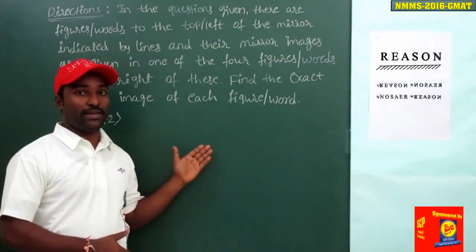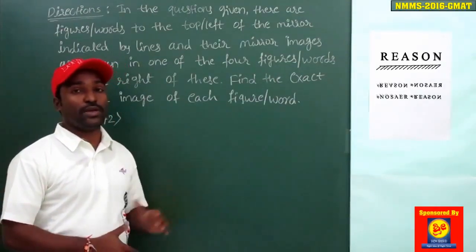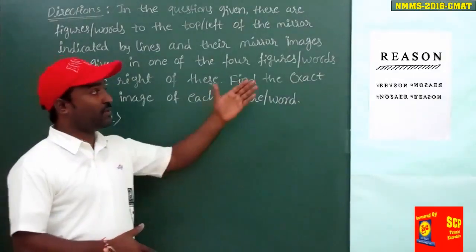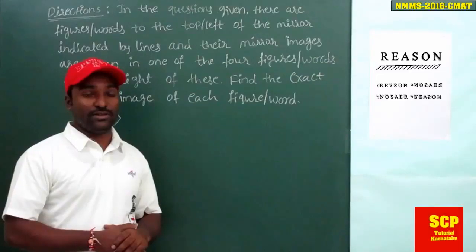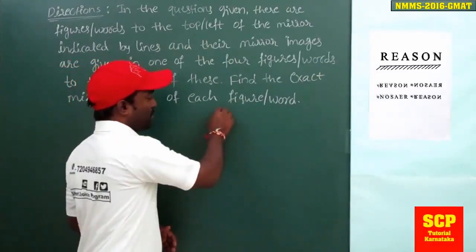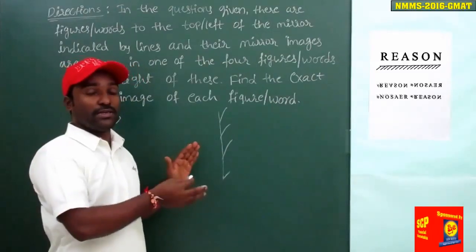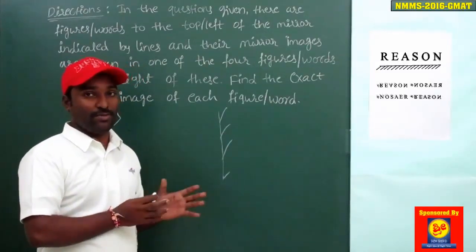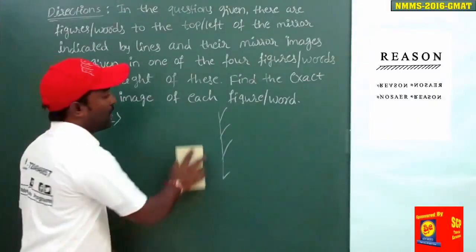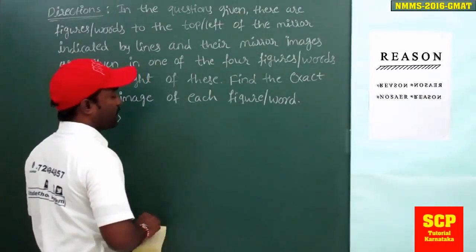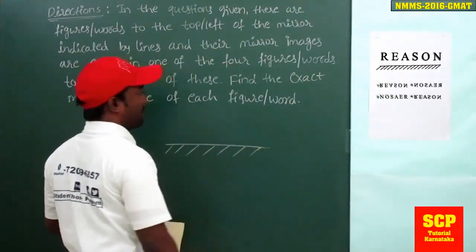The same technique is not going to work, but there is a different technique which can be used to get the mirror image for this given word. So depending upon the mirror placement, the technique changes. If the mirror is placed something like this, then that technique, that is first part becomes second part and second part becomes first part, can be used. When a mirror is placed at the bottom like this, there is a different technique. I'm going to explain that technique.